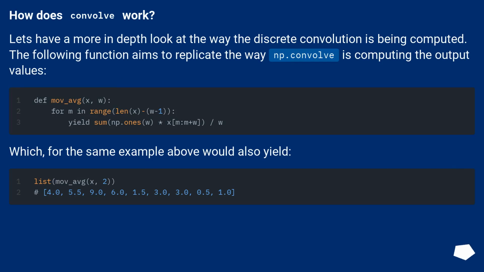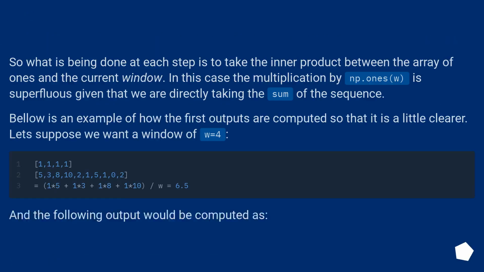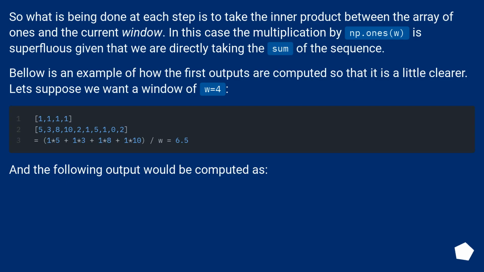How does convolve work? Let's have a more in-depth look at the way the discrete convolution is being computed. The following function aims to replicate the way np.convolve is computing the output values, which, for the same example above, would also yield. So what is being done at each step is to take the inner product between the array of ones and the current window. In this case, the multiplication by np.ones(w) is superfluous given that we are directly taking the sum of the sequence. Below is an example of how the first outputs are computed so that it is a little